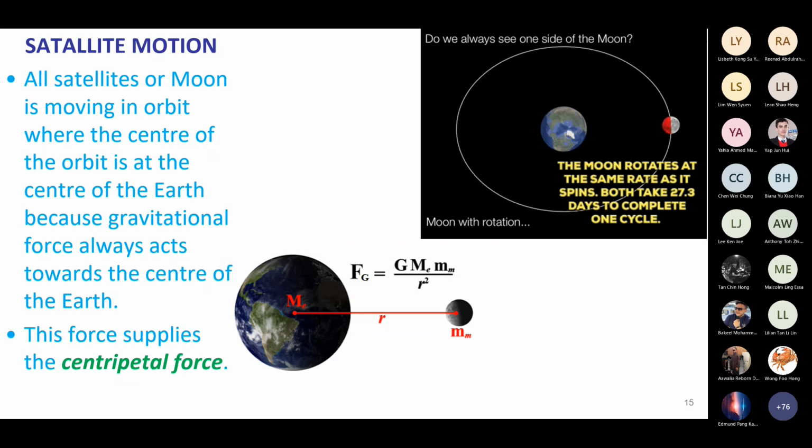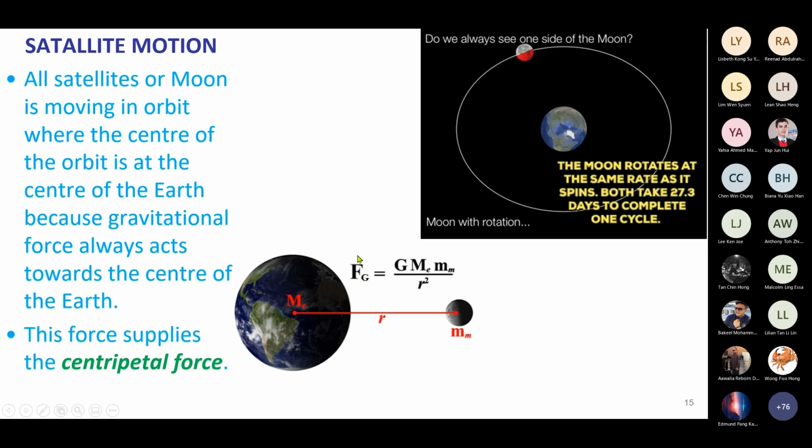But for now, understand all the forces are directed towards the center or towards the central axis, depending on the position. The force supplies the centripetal force, which we already studied. So I repeat, the satellite motion or any planetary motion is also due to centripetal force exerted towards the center of the other object. It may be moon to Earth, or Earth to sun, and so on. And the same formula holds good.